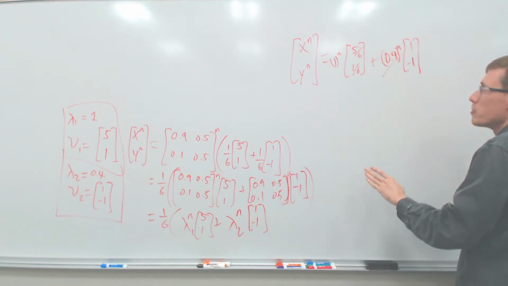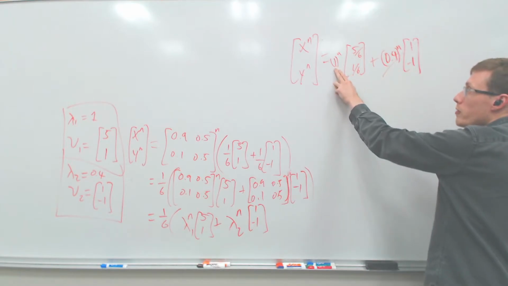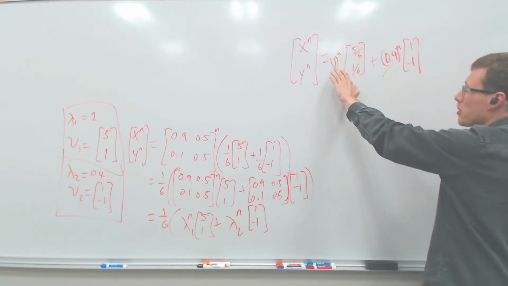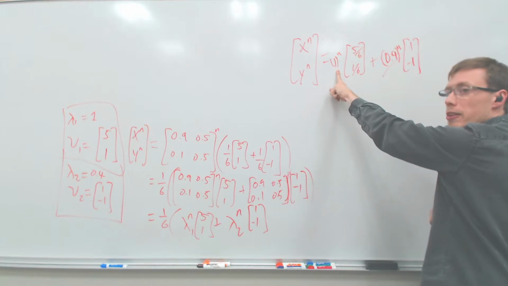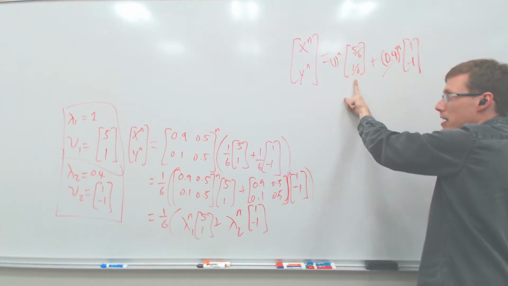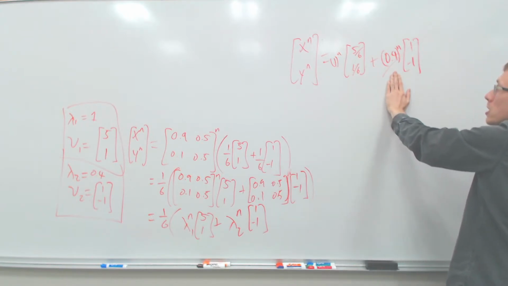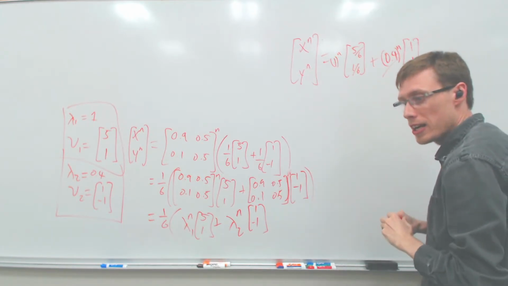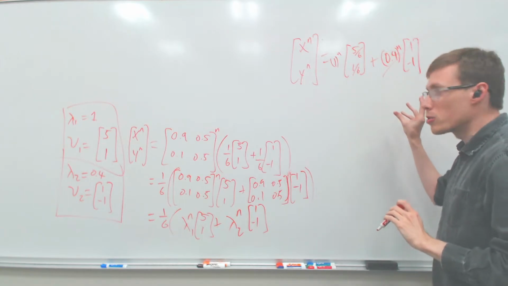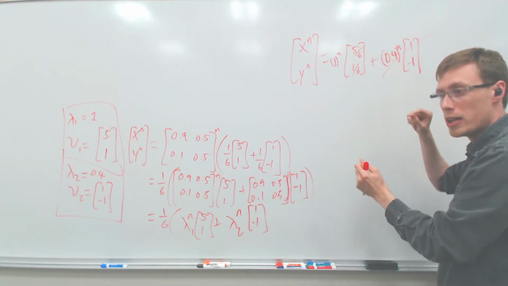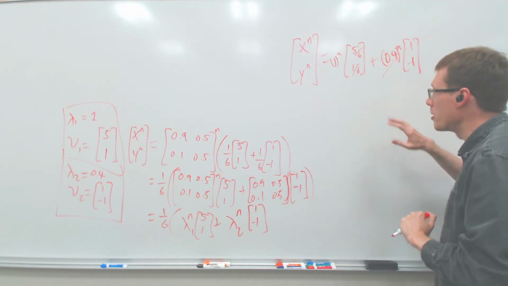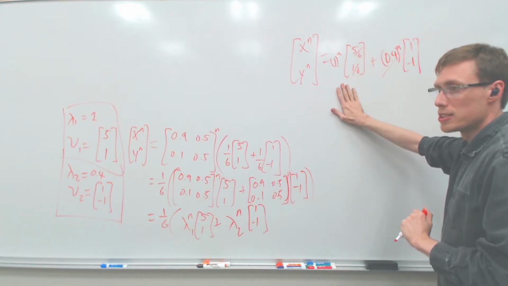So what you end up having when it converges, and all regular Markov chains do, is that one of them will have an eigenvalue of 1, and that corresponding eigenvector is what it converges to. And then all the other ones will have either positive or negative eigenvalues, but they're all going to have an absolute value of less than 1. And so they decay off to 0 with time, and you're going to end up with just this.